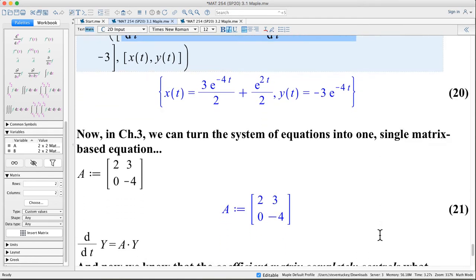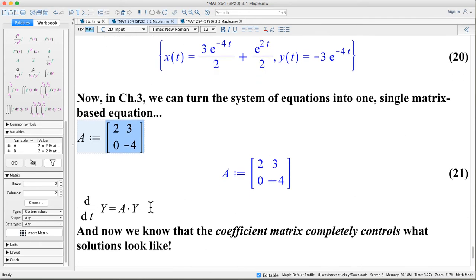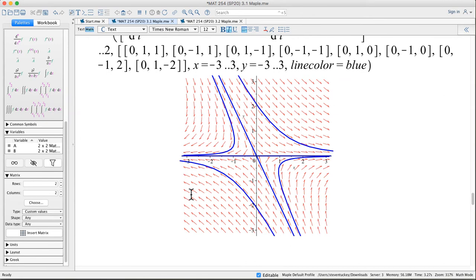So in Chapter 3, what we're going to do is turn that system of equations into a single coefficient matrix. And from that single coefficient matrix, rewrite a matrix equation and know that all the information that's encoded in that coefficient matrix, all that information, just those 4 numbers, that's all that's required to be able to explain what's going on in the phase plane. So that's a big deal for us. So if we flip back to the notes,